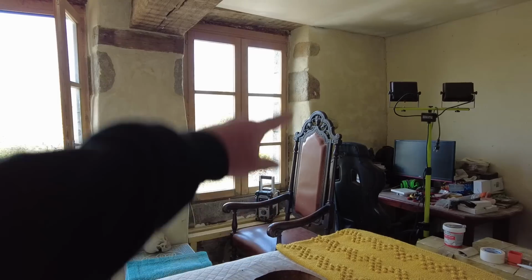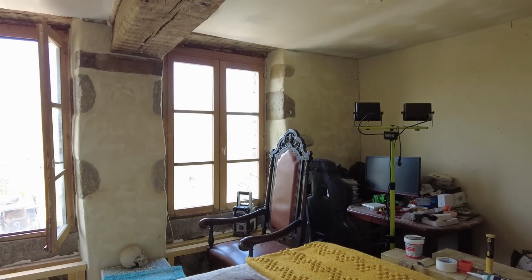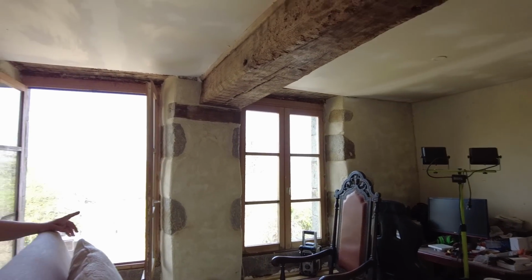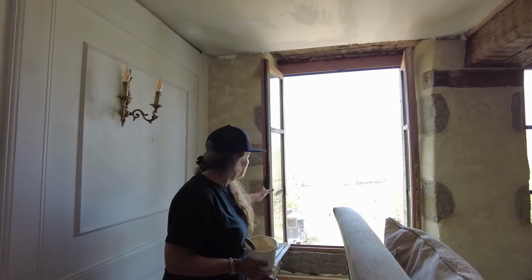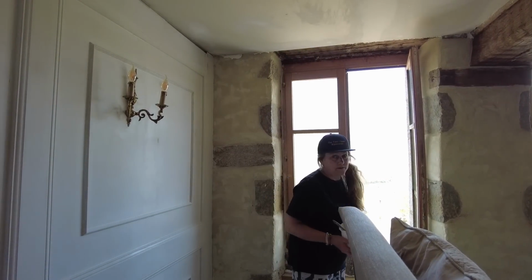That's my throne chair, by the way. Throne chair. I was having a conversation with Philippa Adams' girlfriend down the road. Yeah. Regarding the windows, because